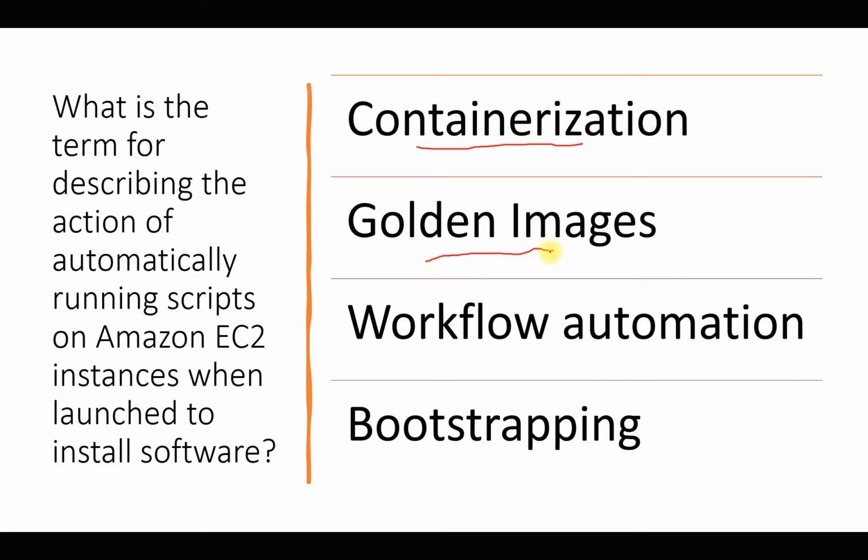Next, we are having golden images. Golden images are the snapshots of any pre-configured EBS volume that can be used to launch new instances. If I talk about workflow automation, it's actually a process, or we can say orchestrating automated actions. This is associated with services such as Chef or Puppet, if you have heard about them, or in AWS, it is known as AWS OpsWorks. So that is known as workflow automation. Bootstrapping, yes, bootstrapping is the execution of automated actions on a service like EC2 or any RDS we are having.